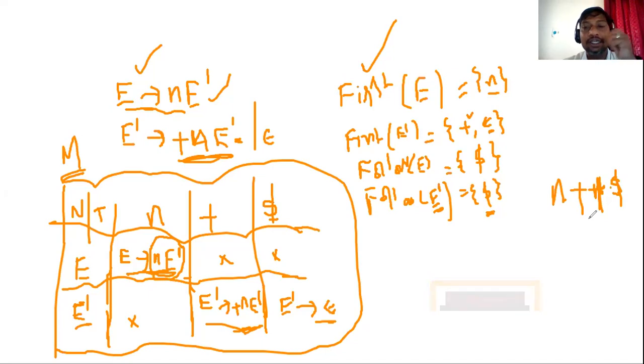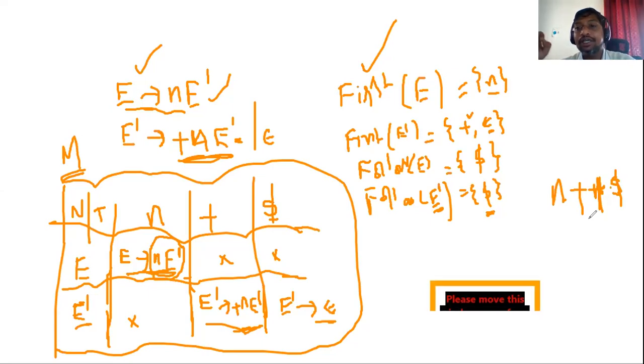According to the grammar, it will produce strings in the form of n plus n, n plus n plus n, like that. Those kinds of strings we'll get, but we'll never generate n plus plus n or n plus plus plus plus. By looking at this string, we can easily say this is not a valid string, but let us check whether our parser will recognize it or not.